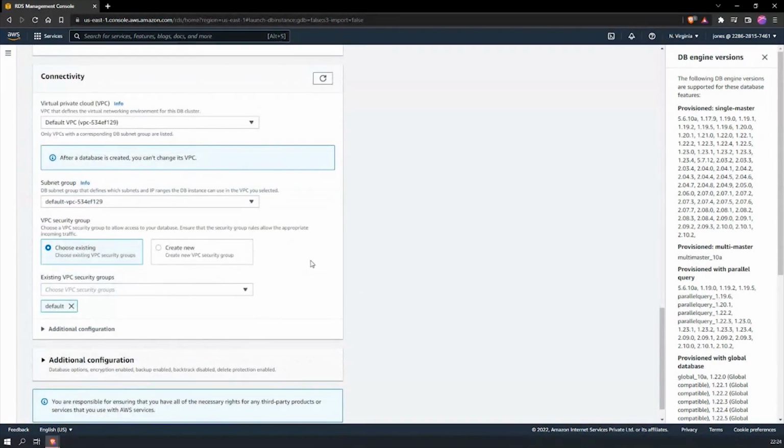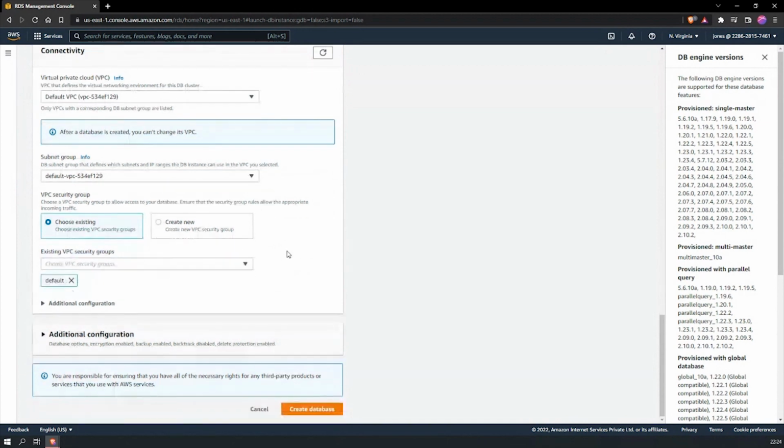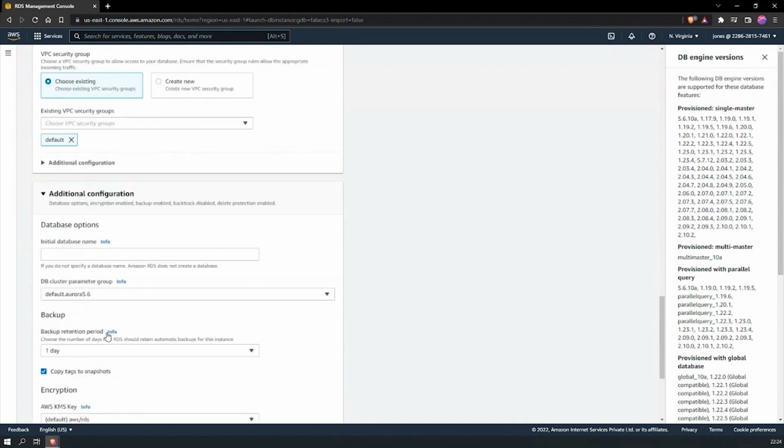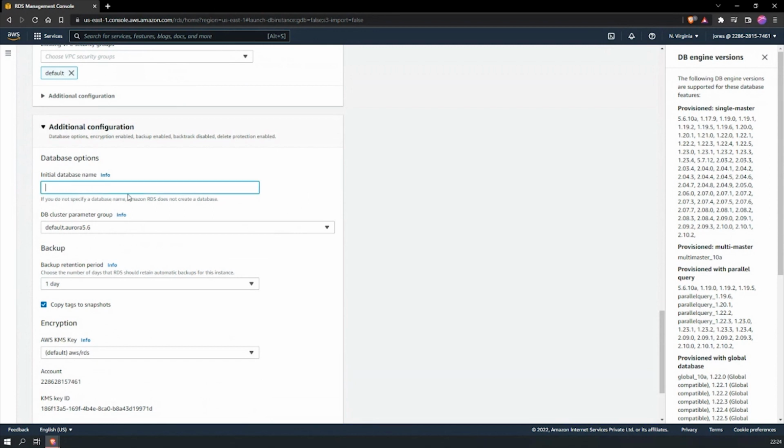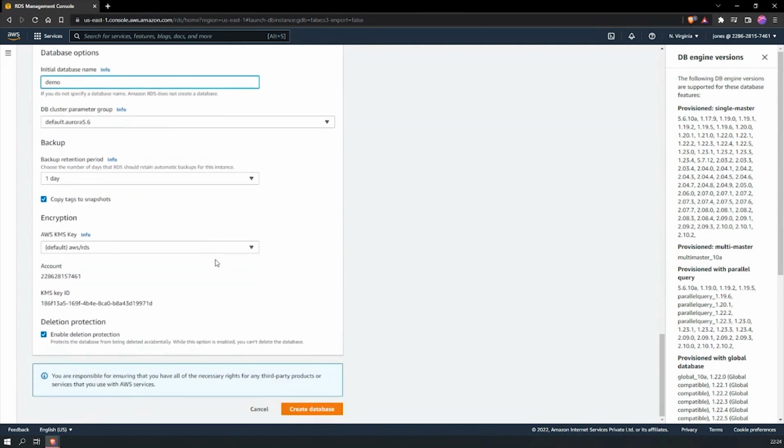Whenever creating RDS or any of the servers, you would have to select a VPC. So we'll go with the default. You can specify the different database names. So demo. Again, you can have encryption enabled by a KMS key that's there, and also you can set up the retention period for your backups. And once you create,